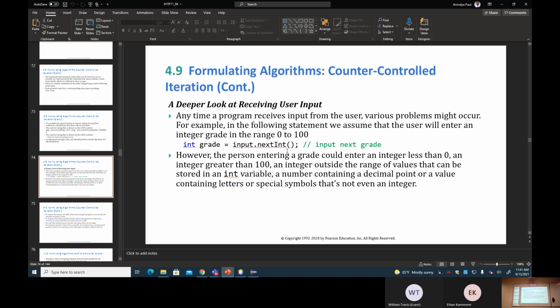So if I want to stop that, however, a person entering a grade could enter an integer less than 0 or greater than 100. So an integer outside the range, a value that cannot be stored in the variable, a number containing a decimal point or value containing a... So remember how we were saying the if condition during an average? I can write a little